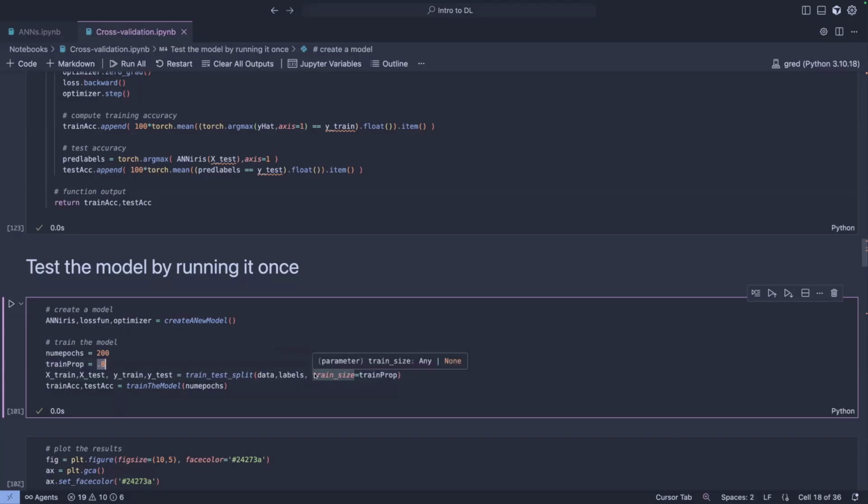There's also a test size. So if you don't want to specify the train size for whatever reason, if it's easier, you can just say test size and specify this to be 20% or 10% or whatever. So you can just do it however you want to. And this outputs four things, as you can see here. It outputs the training features, and then the test features, and then the training labels, and then the test labels.